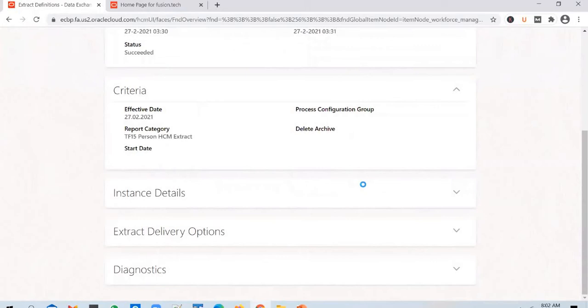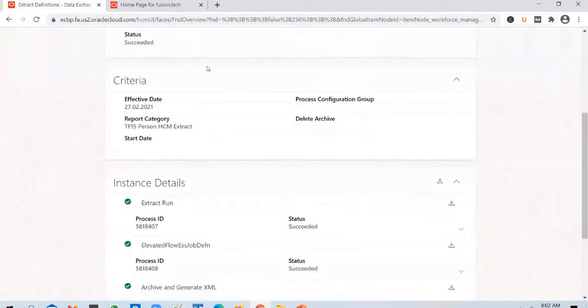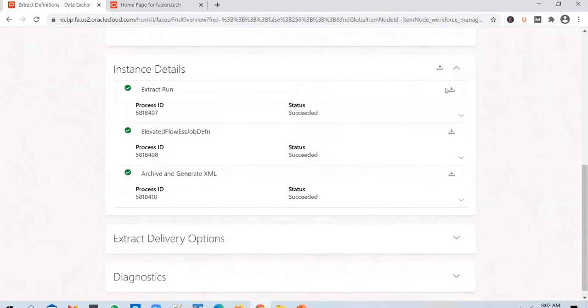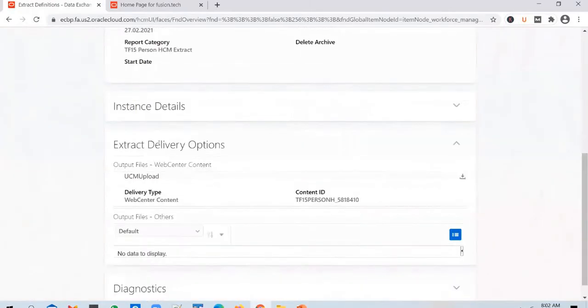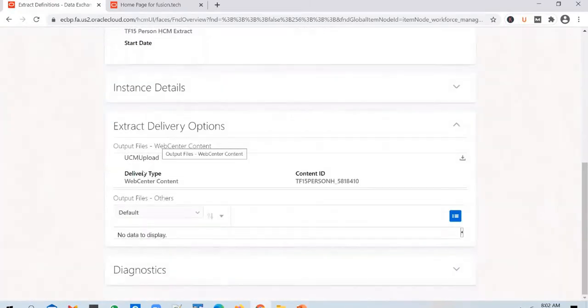And you can also see the instance details, like the delivery options. So you will see all the details of the jobs that are triggered, and you will also see the outputs that are generated. And the important bit is this delivery options. So if you expand it, in the delivery options of the extract, what did we select?